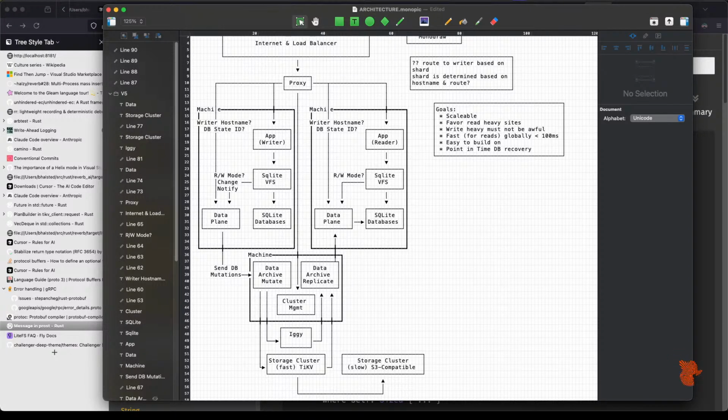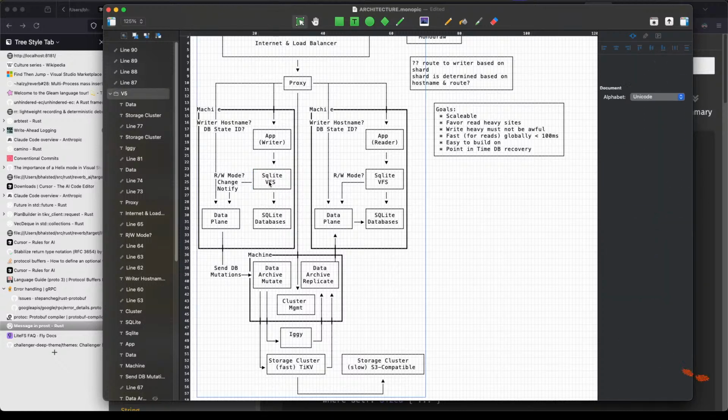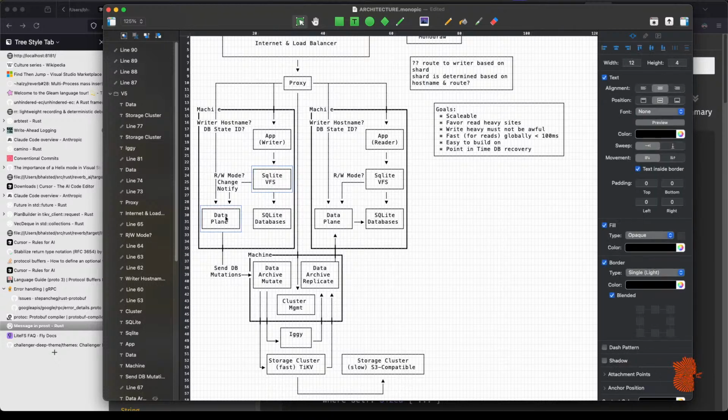Is this a different one from the SQLite replication in Rust? No, this is SQLite replication in Rust. SQLite replication in Rust is the foundation of the project. So if we were to highlight all the SQLite replication in Rust pieces, well, except for this cluster management piece.